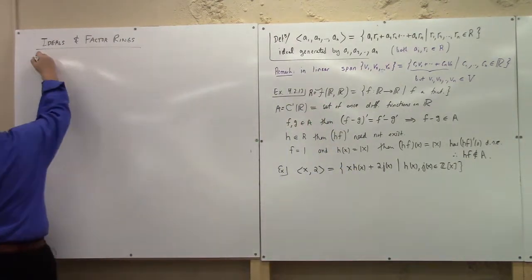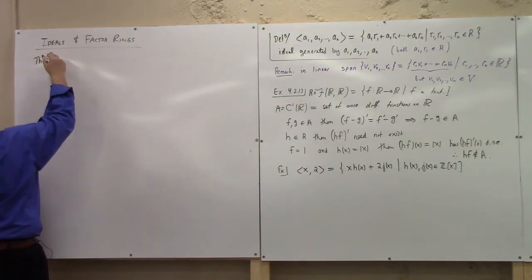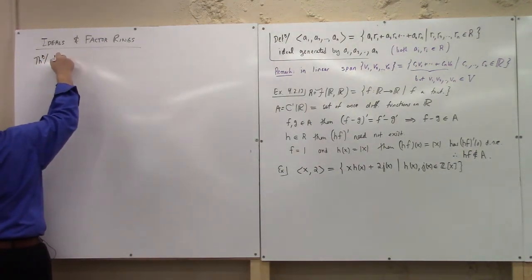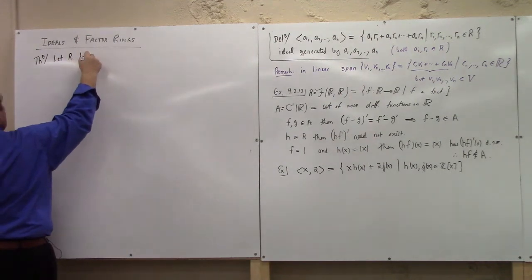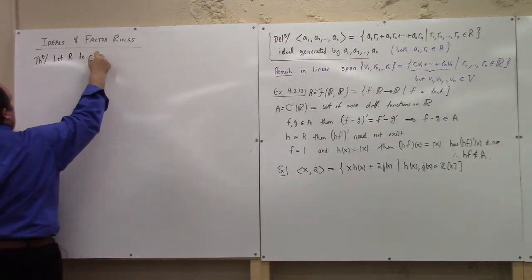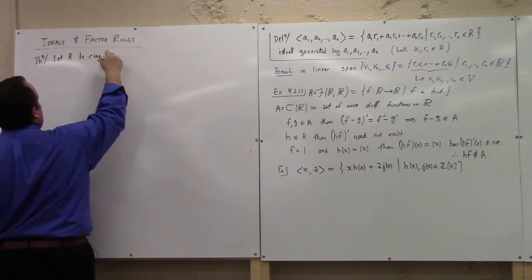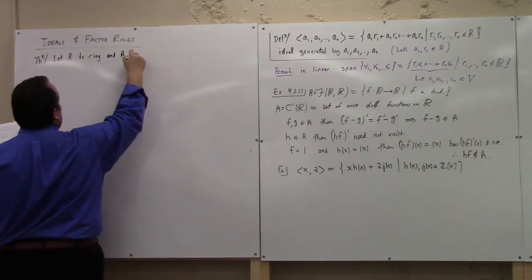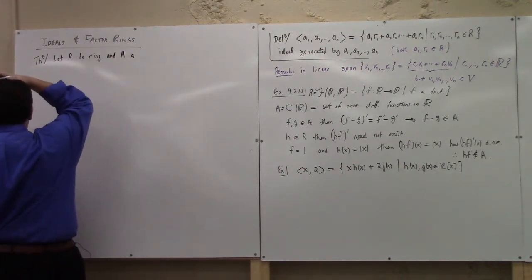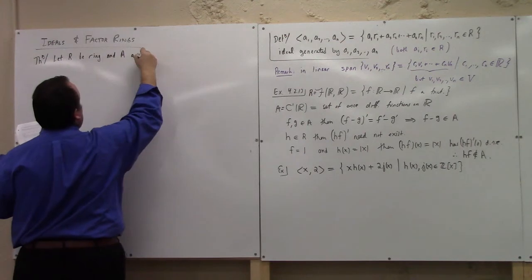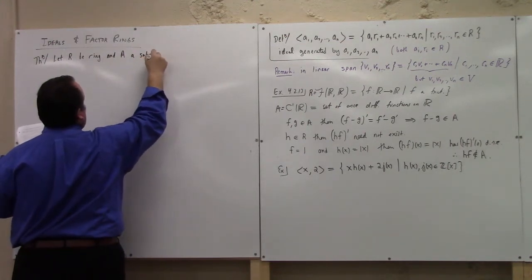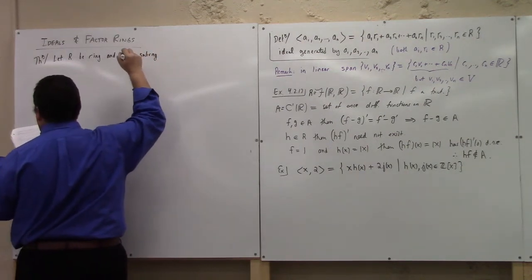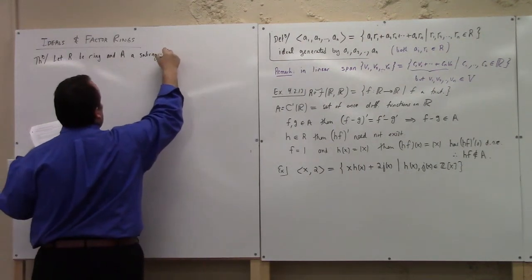So here's the theorem. Let R be a ring, and A a subrng of R,